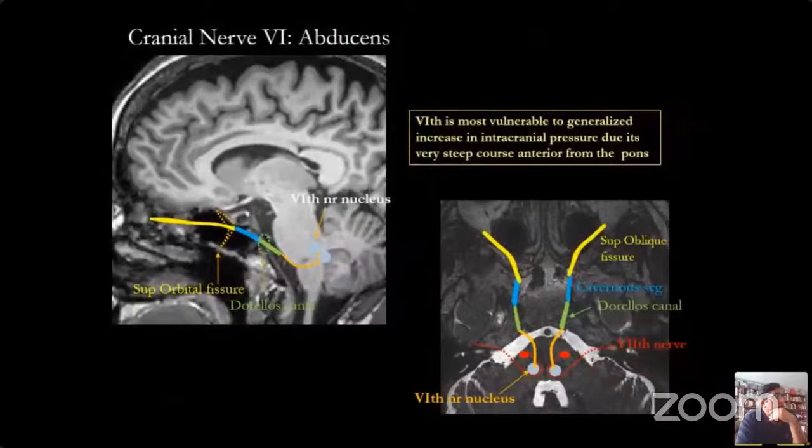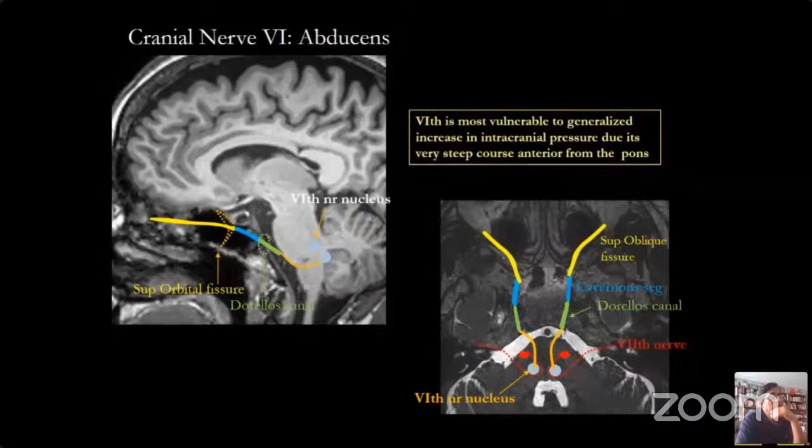So you can see that it's coursing through. It comes straight on, then it ascends in the cisternal segment. This is where it enters the Dorello's canal. That's the cavernous segment, and that is the intraorbital segment. And you can see in the axial plane that here is the nucleus of the sixth cranial nerve just in front of the facial colliculus, and then it courses through the pons ventrally, emerges on the ventral surface, courses superiorly within